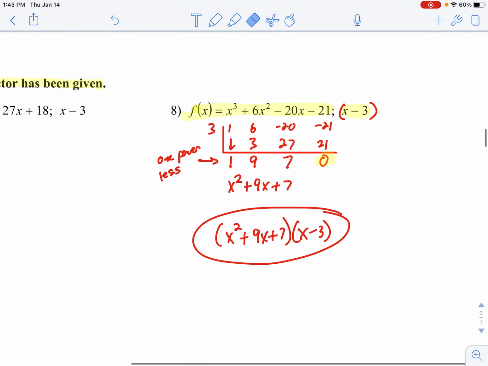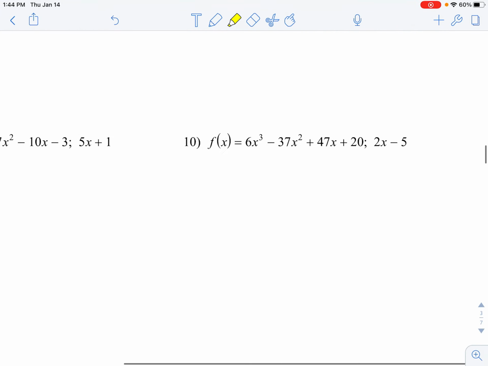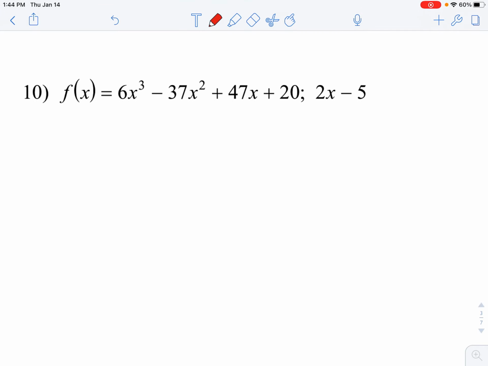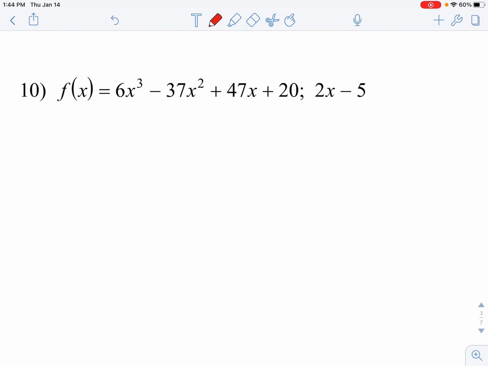Okay, so we've previously learned all types of factoring. There's trinomial factoring, grouping, difference of cubes, sum of cubes, difference of squares, lots of stuff. That all still applies here, but that first factor we're going to actually divide out using synthetic division. All right, let's look at some more, make sure we hopefully fully understand this. Okay, so next is